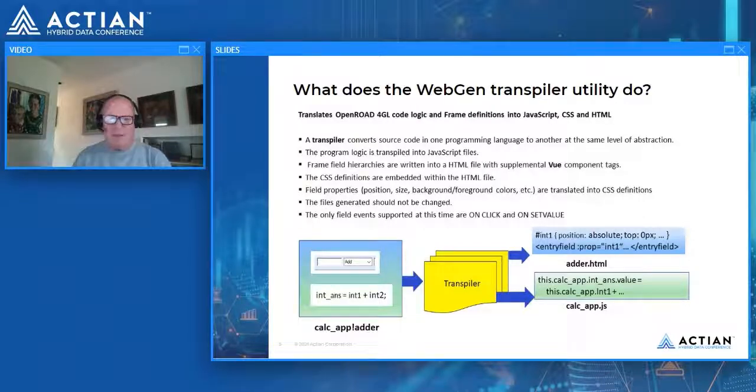Here's a nice little diagram, and from a very high level this explains what the WebGen Transpiler utility does. And what is a transpiler? Basically, a transpiler converts source code from one programming language, in this case 4GL, and converts it to another at the same level of abstraction. What they mean by that is that a